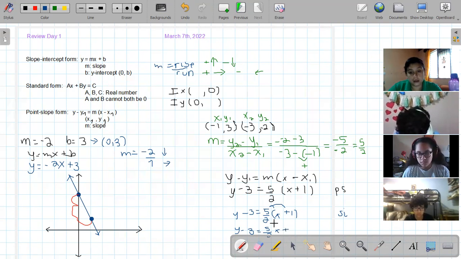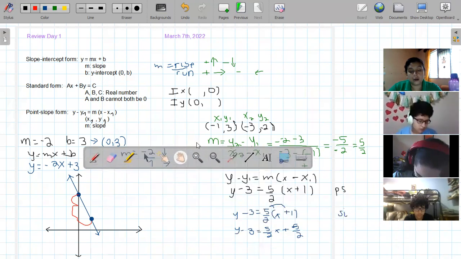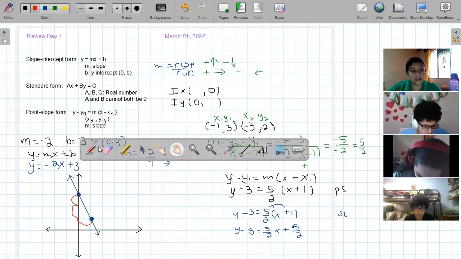So plus 5 times 1 is 5 over 2. Now I need to leave the y alone because the slope-intercept form requires you to have the y completely alone. So that means that this -3 passes to the other side, adding. So now I got that y is equal to